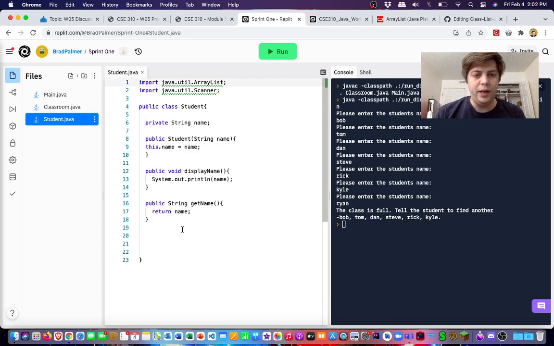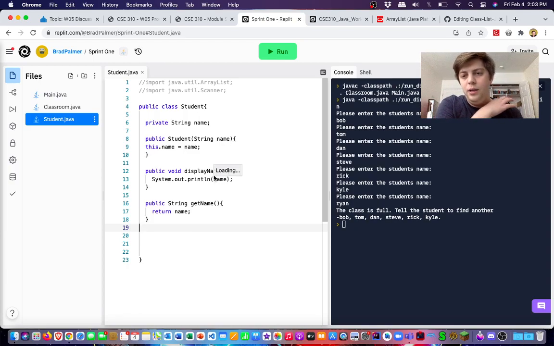So first we have the actual students themselves, which are going to be stored in an array. We use scanners to get the inputs. These two aren't actually needed, but they were needed in other files, and so I had it in there to test some certain things that